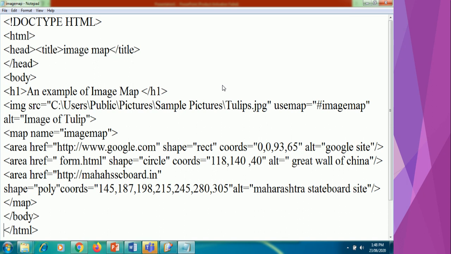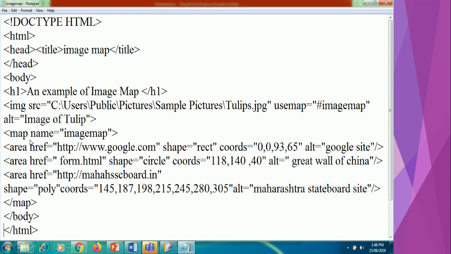This is the code. This is the example of an image map tag. Okay, here I am using an img tag with its src attribute, and here I provide the whole path of this image. Okay, usemap indicates that this is the client side image map.